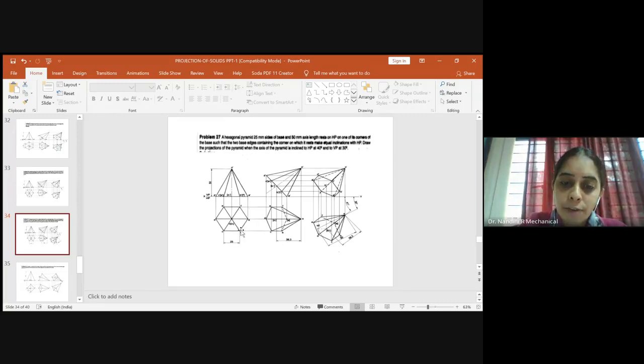So you will measure 25 mm, keep one end of the compass here and just cut an arc. Similarly, here also you have taken 120 degree, right? So you have this line already. On this you will measure 25 mm and you will cut an arc. So after that, you can take again from this point 120 degree. So you will get this side, 120 degree interior angle, you will get this side. Take 25 mm and cut an arc, take 25 mm and cut an arc. And join all the corners.